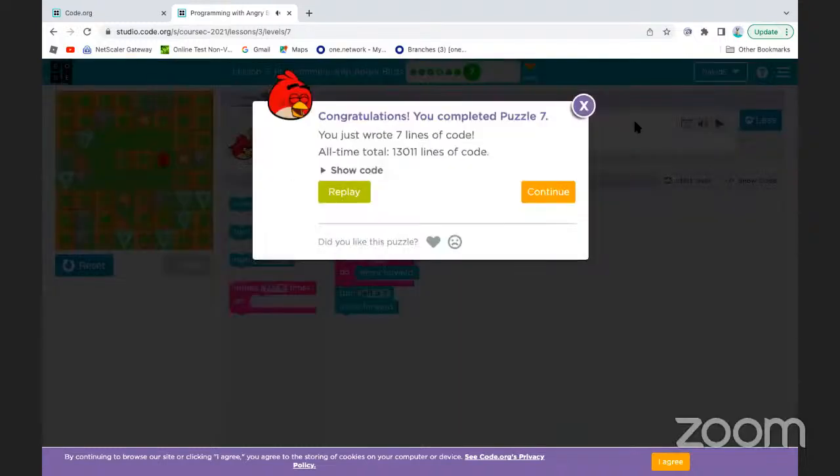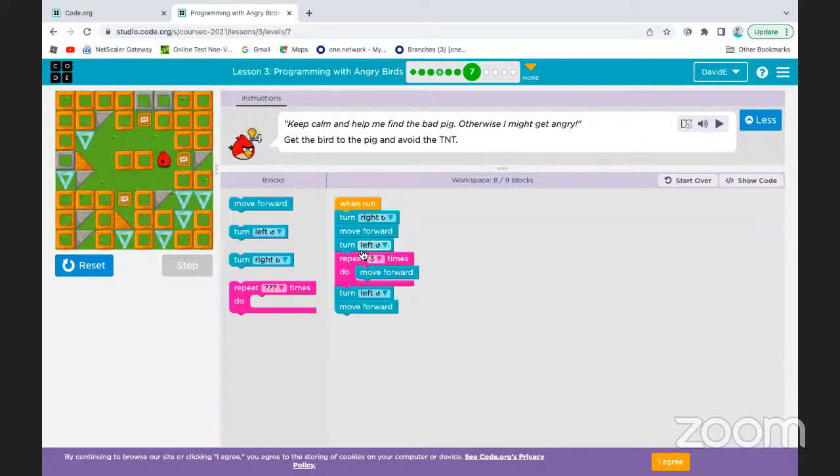Okay, still works. So that's a way you can make your code shorter instead of adding 3 of the same thing or just making more of them.